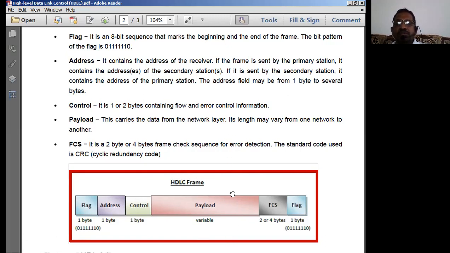The sequence is application layer, presentation layer, session layer, then transport layer. Below transport layer you have the network layer. Below the network layer you have the data link layer. That means the data coming from the network layer is nothing but payload to the data link layer.